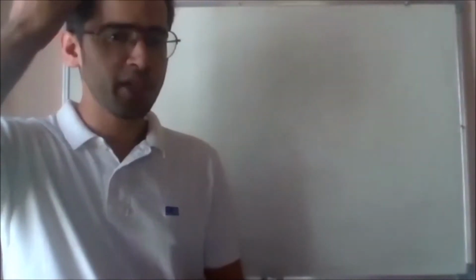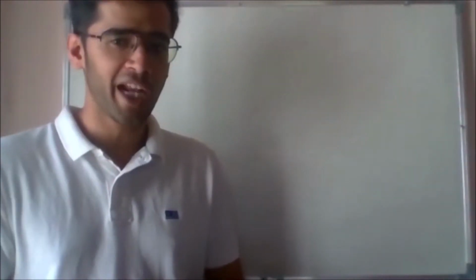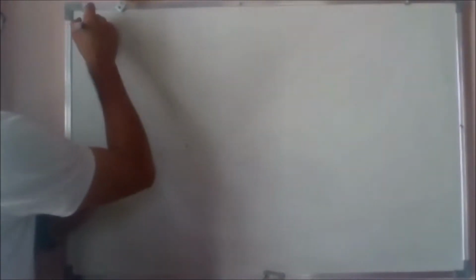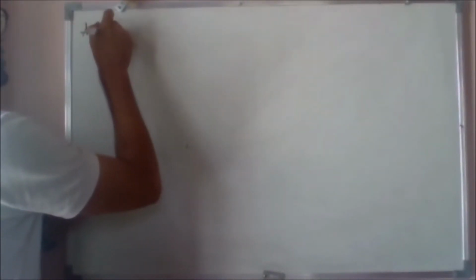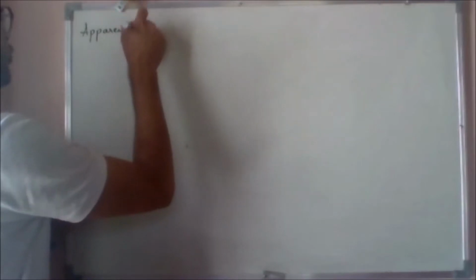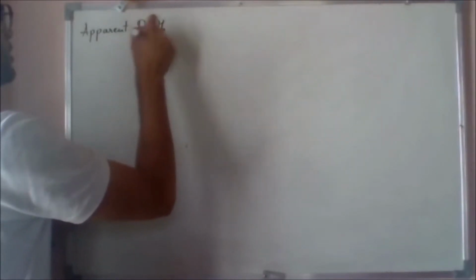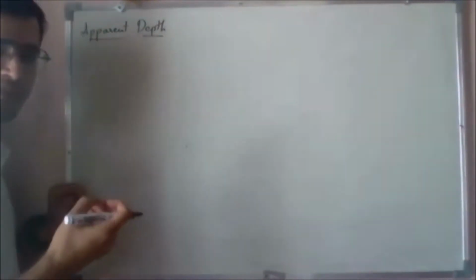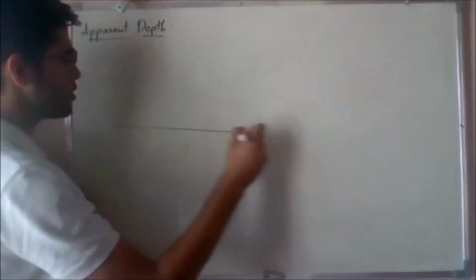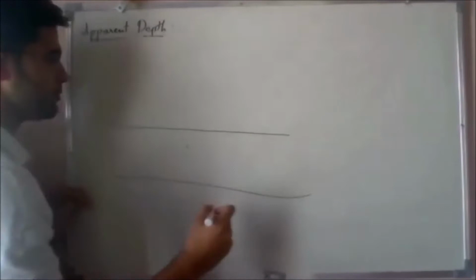So today we'll be continuing right from that topic. As I mentioned, we'll be deriving the formulas for those cases, the formulas for apparent depth. So let me draw the same ray diagram which I drew yesterday. What was the ray diagram which we considered? So this is your water.